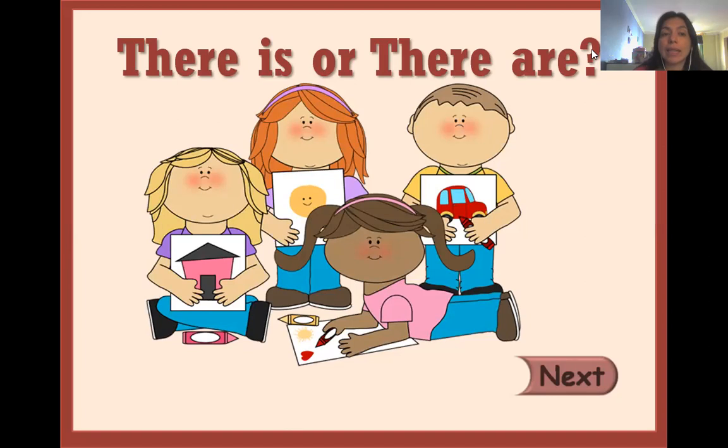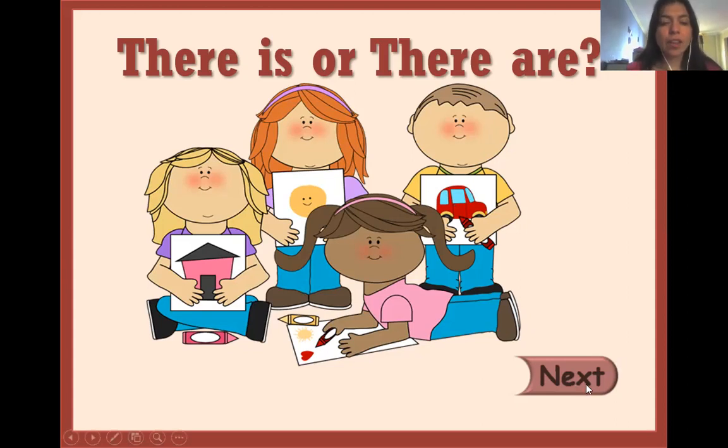Entonces, nosotros vamos a decir de que hay en existencias, ¿no? Puede ser en la cocina, puede ser en la casa, qué es lo que existe allí, ¿sí? There is for singular and there are is for plural. There is we also use only for uncountable nouns. And there are we use also with countable nouns. Entonces, there is vamos a usar solamente para los sustantivos no contables. There is y there are vamos a utilizar para los contables, ¿sí?